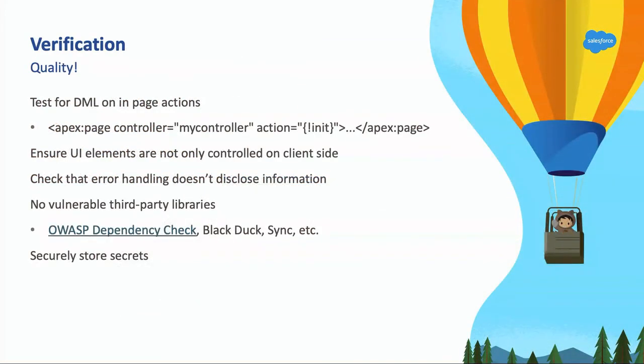The other piece is quality. So one of the hard things for QA and engineering is, how do we test for security? So we actually have a lot of QA engineers that are very curious about security. It's because they care deeply about how the application works and how to break it, because their job is to find things that break. And so what we've done is given them certain scripts to include when they're testing fields to make sure there's no cross-site scripting, and also just to see if they can arbitrarily redirect a page.